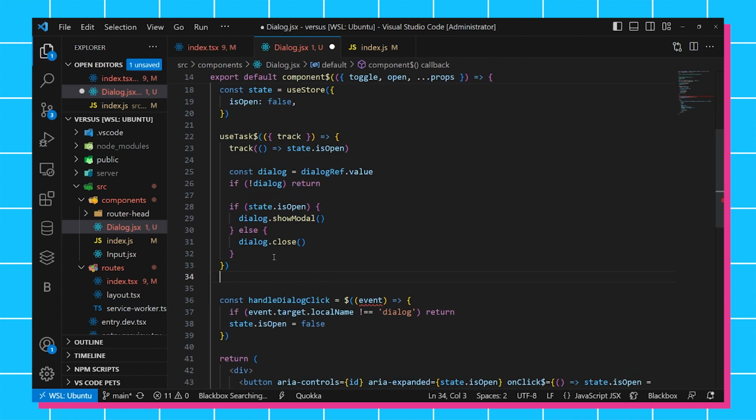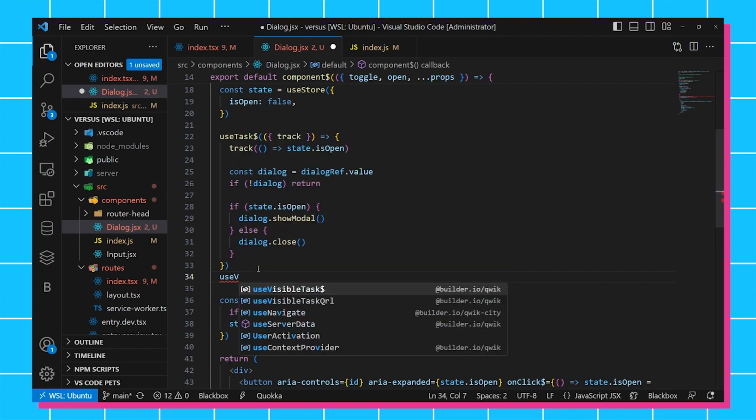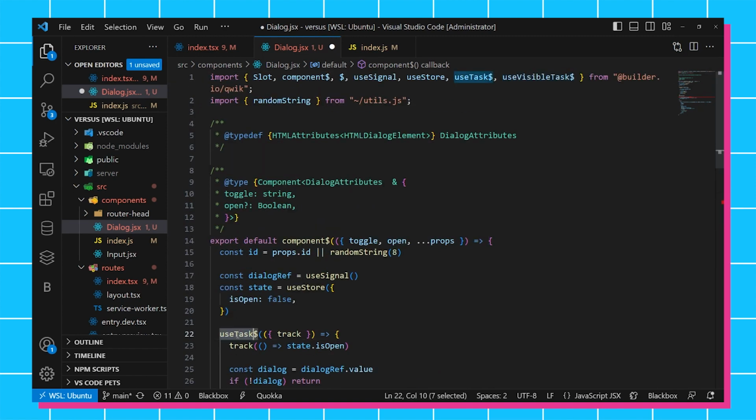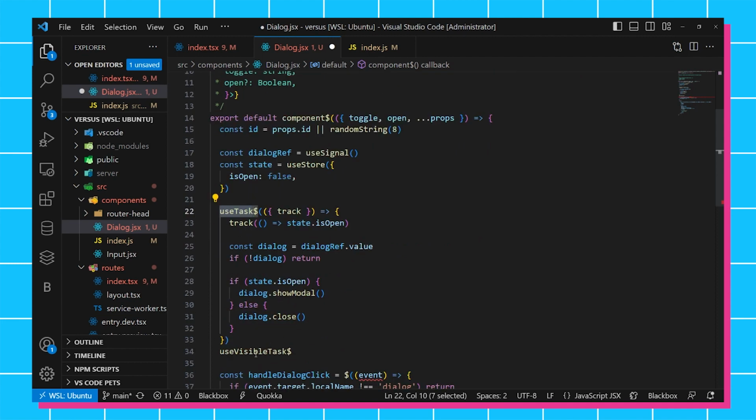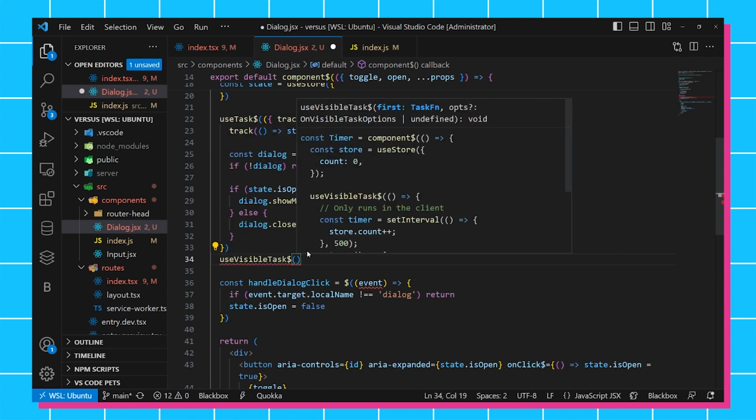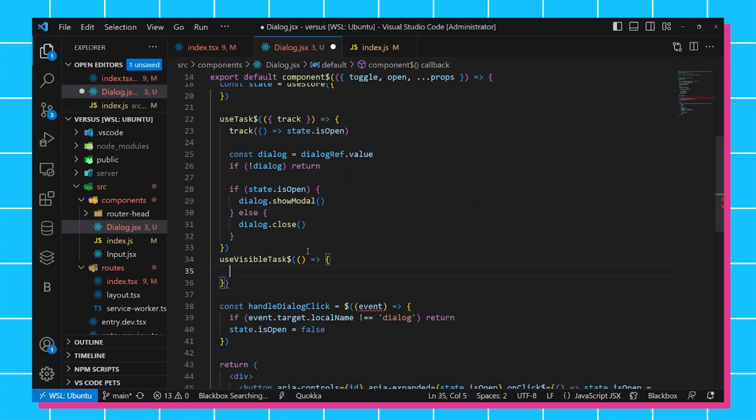So to do that, we have something similar to use task, which is watching for changes on things, except if you're familiar with other UI frameworks, you might be familiar with mounted hooks. Qwik has something similar, but named slightly differently, and that is use visible task. And the reason why we need to be explicit about whether it's visible is because some of these tasks and trackers and effects can actually run on the server side as well. And we want to only run this when the element is on the page. So we'll use a visible task, which works essentially the same as the regular task, where we can just say